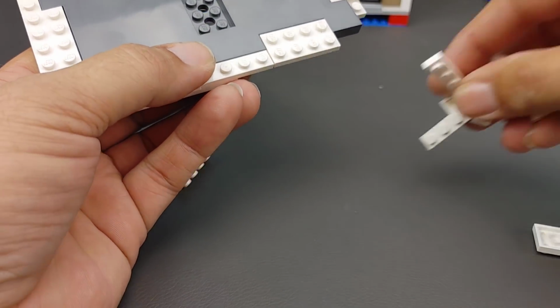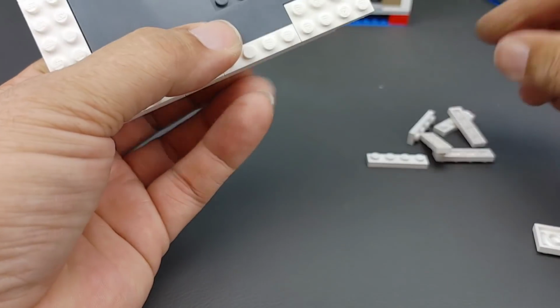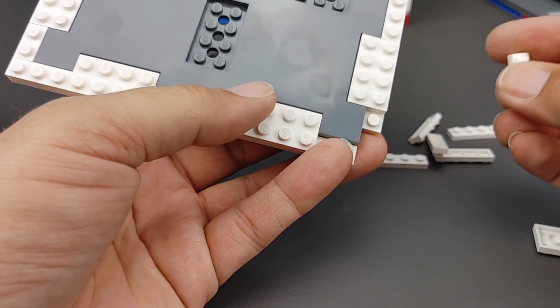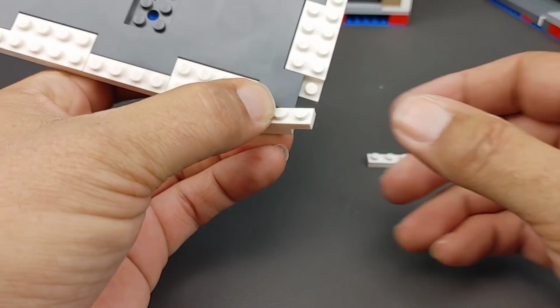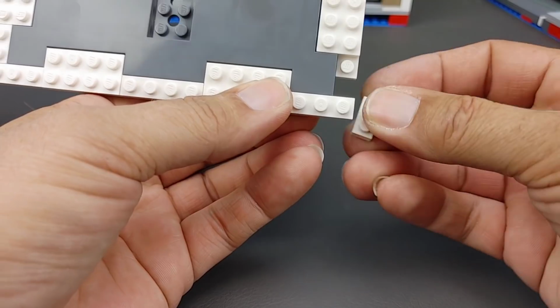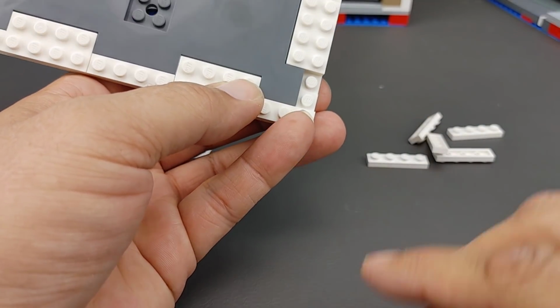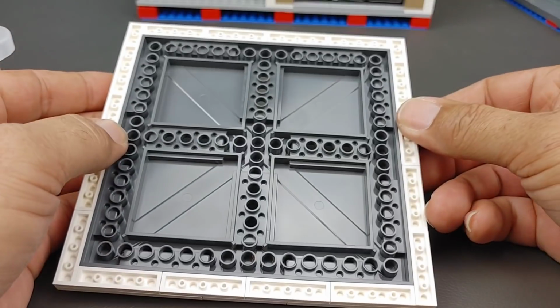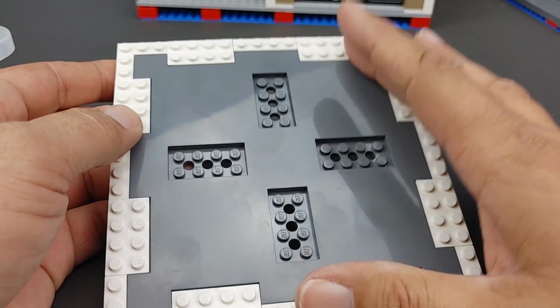As soon as I grab a couple more of the 1x4s. And there we have it. Now we're back here, and we're going to do our 1x3, our 1x2 with a 1x2 on top of that. Now, once you're done and you've got it all tiled all the way around, if this doesn't make you happy